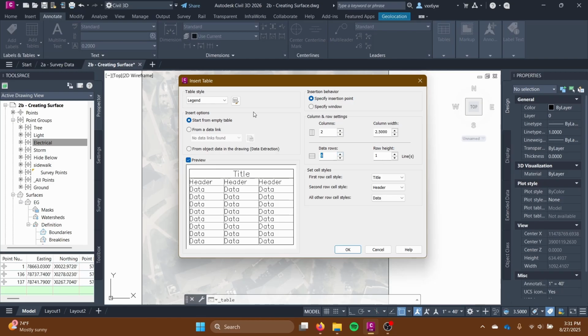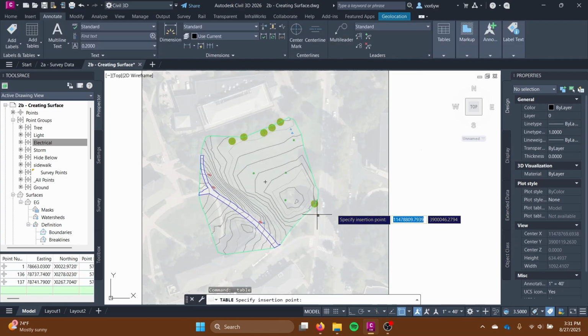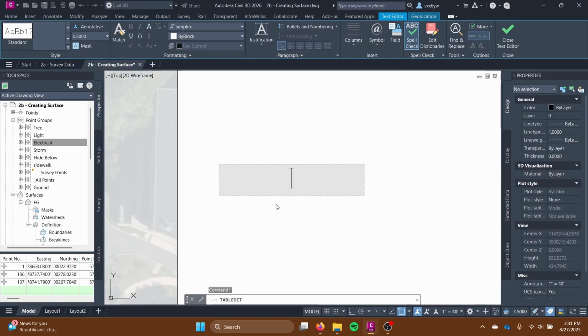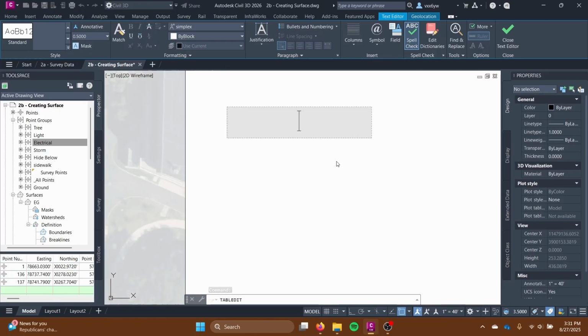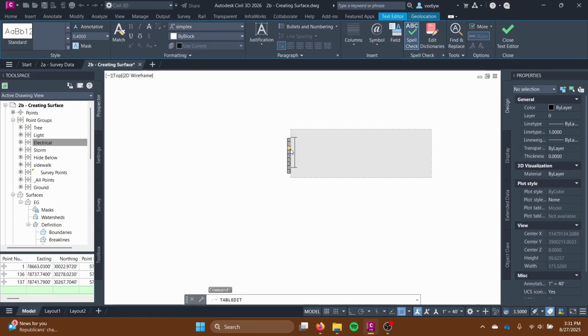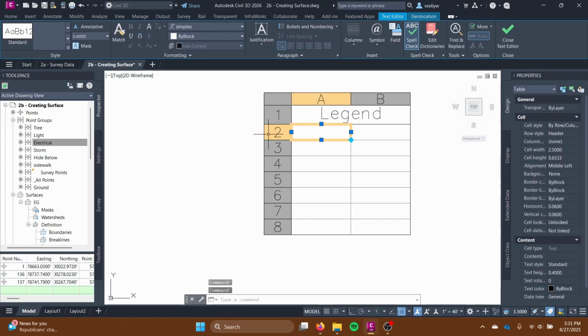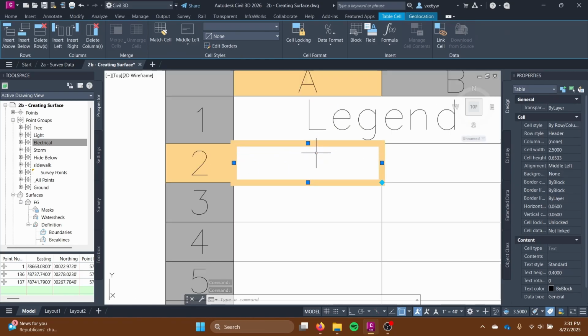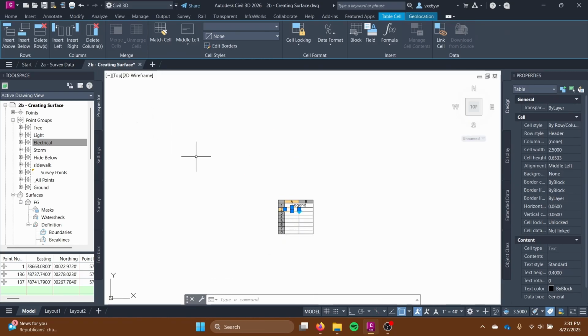All of these are editable entries, so you can always change them later. Hit OK. And it's going to ask for a place to put it. So I'm just going to put it off to the side here. And you can see that it's starting to make my table. I think this is asking for a title. So I'm just going to hit legend. And yeah, you can see it's really small. So I'm going to fill in the text on this side first, and then we can scale this up really